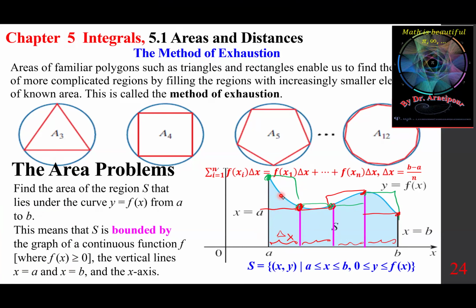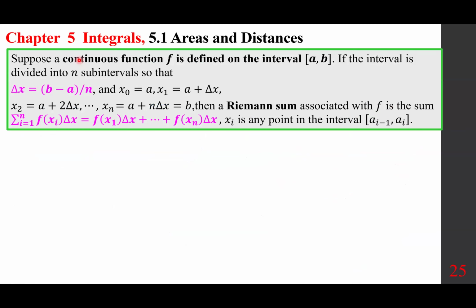As we add to n, to the number n, we get a better approximation. So suppose a continuous function f is defined on the closed interval of a to b. If the interval is divided into n subintervals so that delta x is b minus a over n, and x sub 0 is a, x sub 1 is a plus delta x, x sub 2 is a plus 2 delta x, all the way to the last one, b, which is x sub n, or a plus n delta x, then